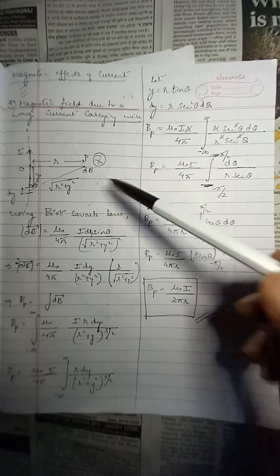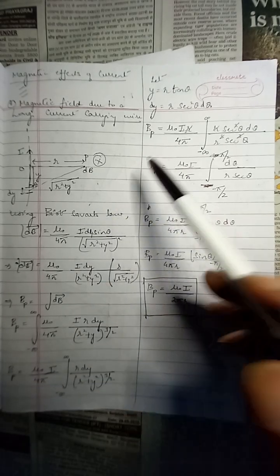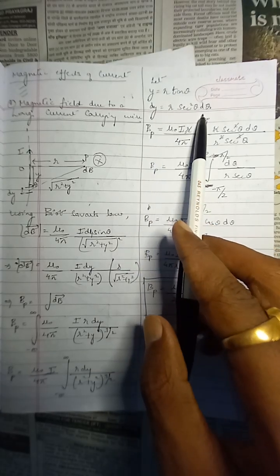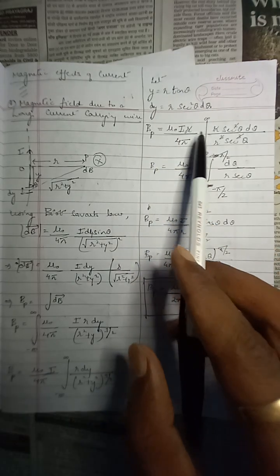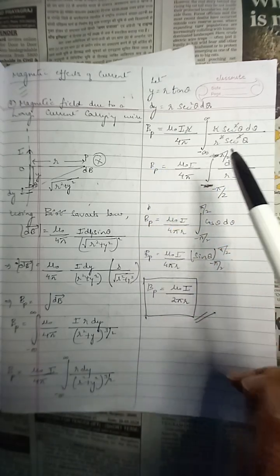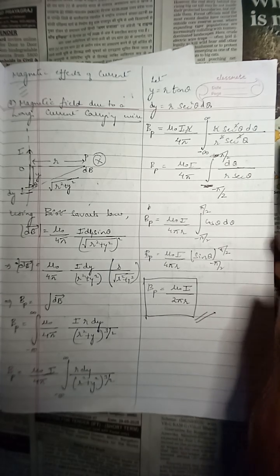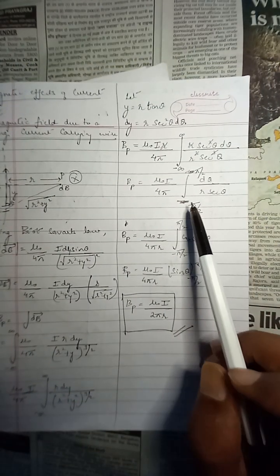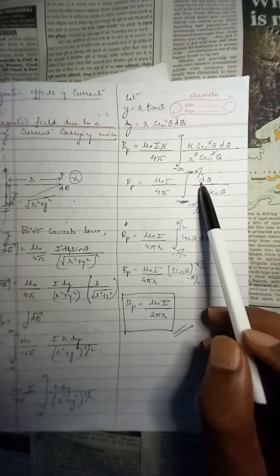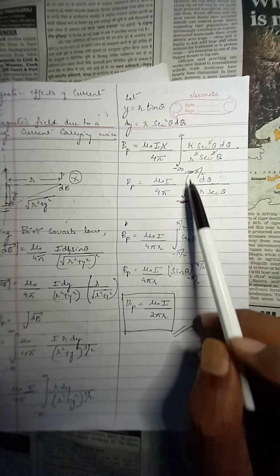What we can do right now, we know the only variable is y here, so we can put y equals r tan theta. Let's differentiate that. Now I have to put the value of dy and y here, so I'm getting d theta r sec square theta. Now make it double sure that within the integration sign it is now a function of theta, it is of angle, so I have to change the limits also.